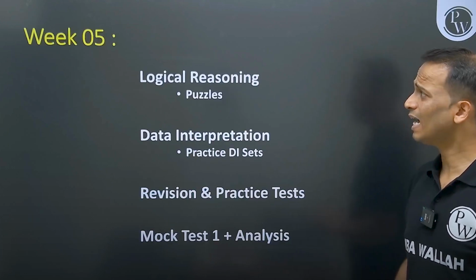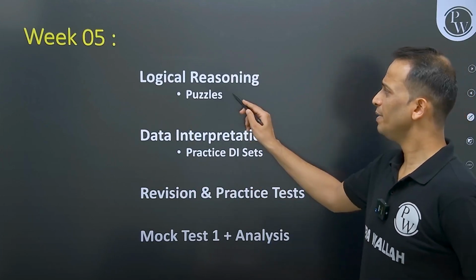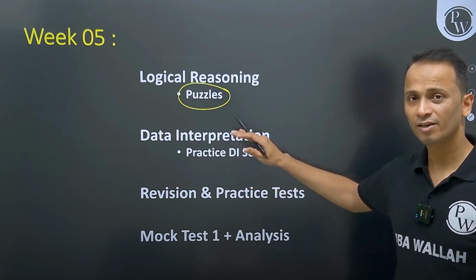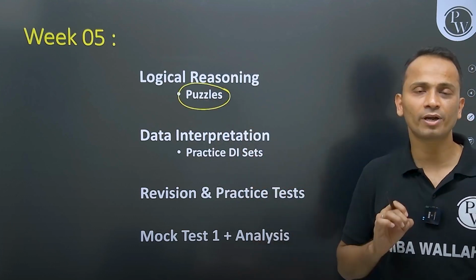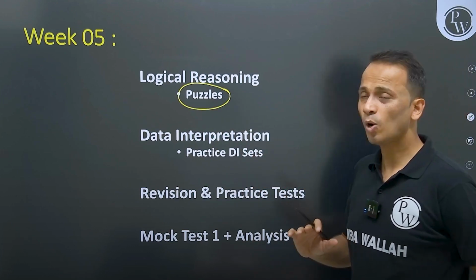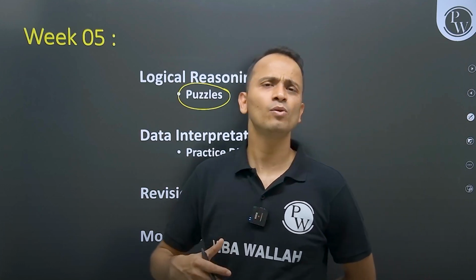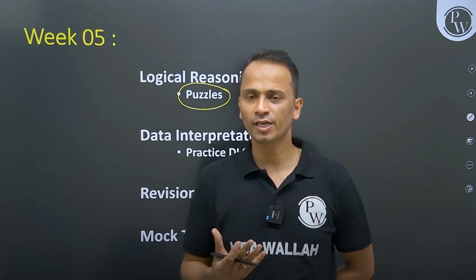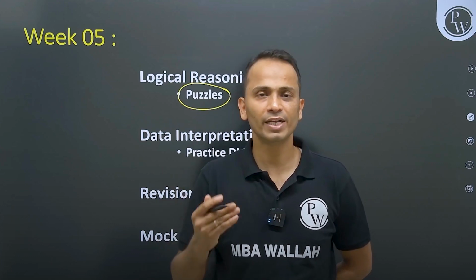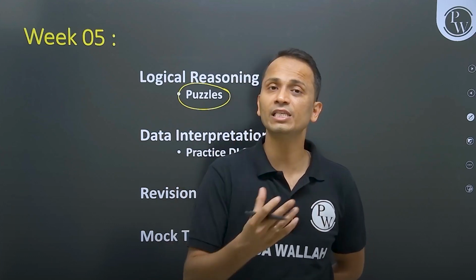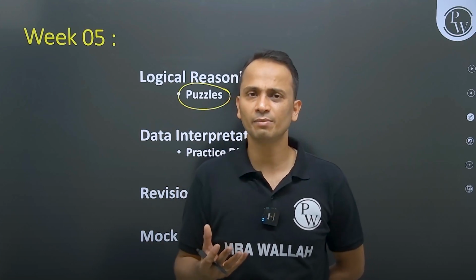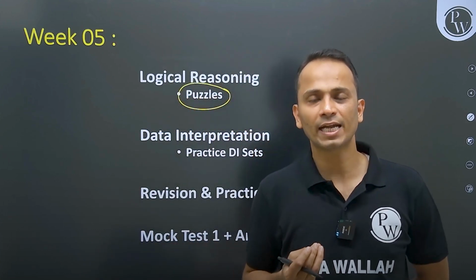Okay, now week number 5, the remaining topic of logical reasoning, puzzles, and then from here very important things are going to start. So up till week number 4, I can say that in 1 month you have reached a level in which you already know most of the things, 70-80% of the syllabus has been completed, and you know a lot of things about the CAT examination.